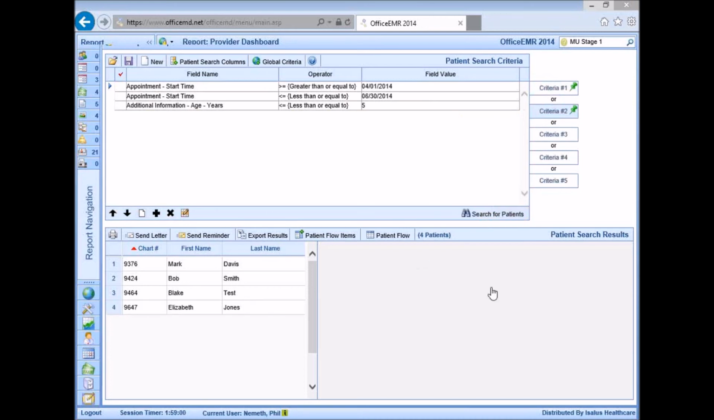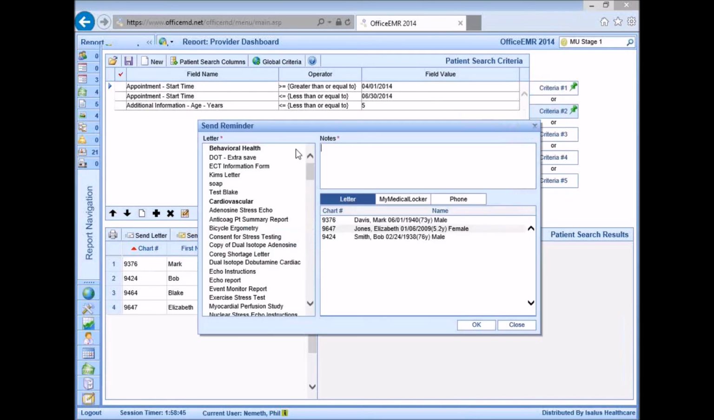So we've got 4 patients now who have appointments that fall into that time frame, and these patients are either 65 and older or 5 and younger. So then from here, to generate and print off that appointment reminder letter for the patients, we'll just click on the Send Reminder button. Here on the left-hand side, you would basically locate and find that appointment reminder letter in